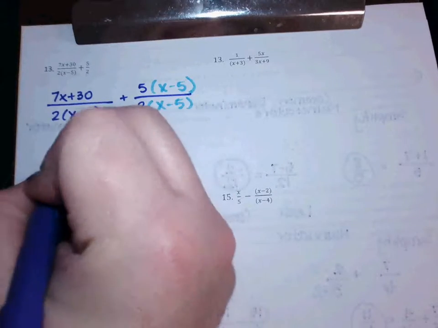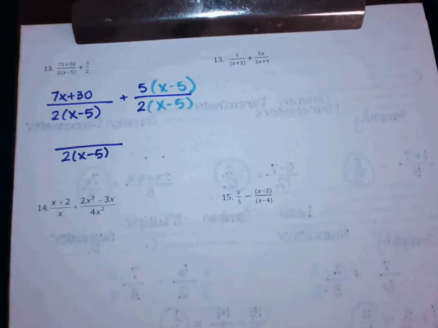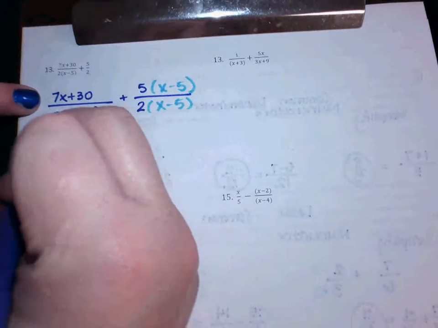Now, do the bottoms match? Yes, then I can make it one big fraction over the bottom. So I'm going to make it something over 2x minus 5. Now, let's see what we're adding on the top. My first top is 7x plus 30